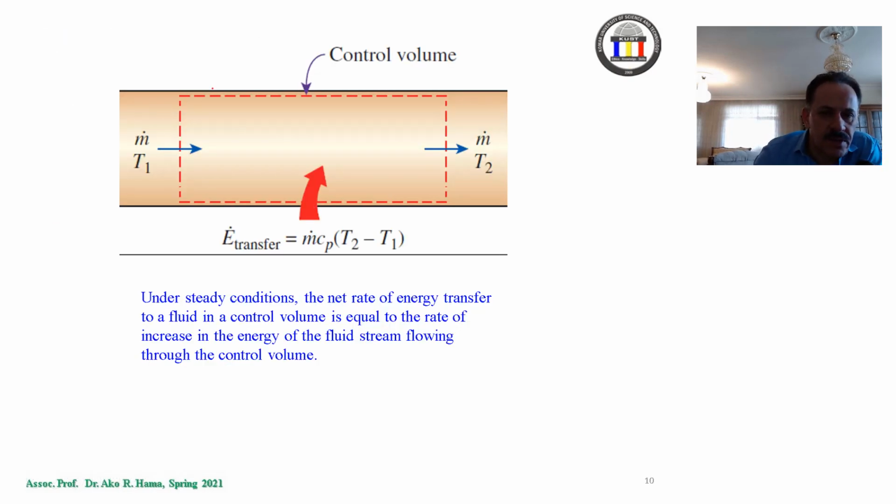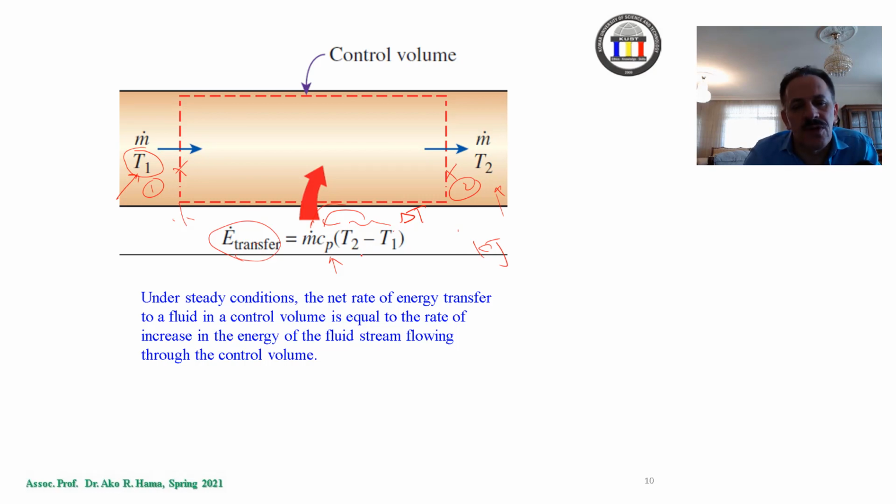Definitely, if I have a point in this pipe, for example, this is point 1 and there is a point 2 here. If I want to see how much energy has been transferred from point 1 to point 2, and if at this point the temperature was T1 and the temperature here was T2, then T2 minus T1 is the delta T that we have, times the C sub P, which is the specific heat at constant pressure, times the mass rate. That will give you how much kilojoule has been transferred from point 1 to point 2.